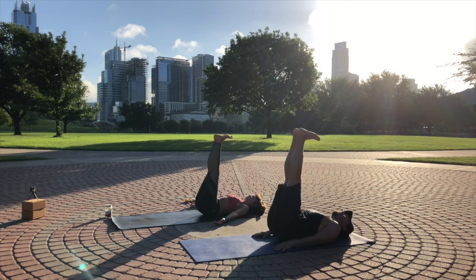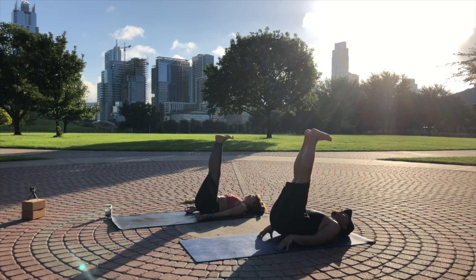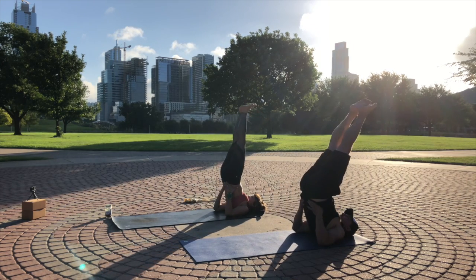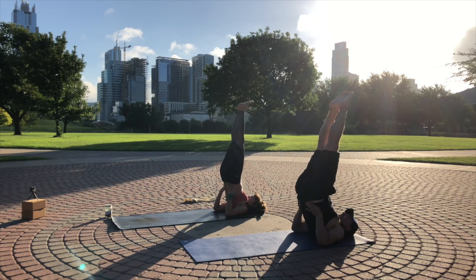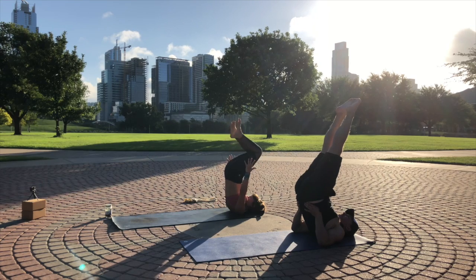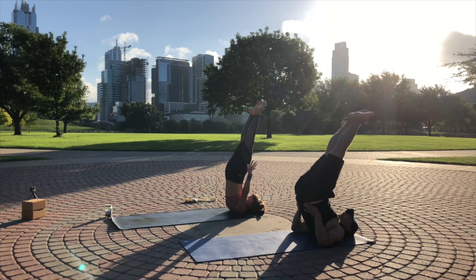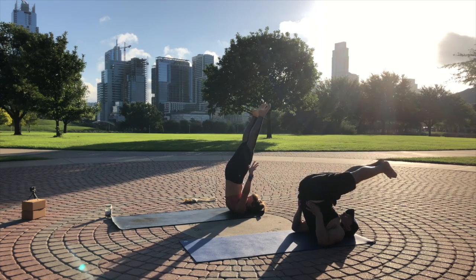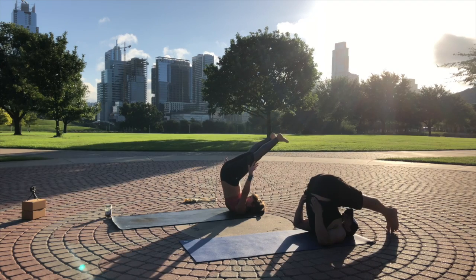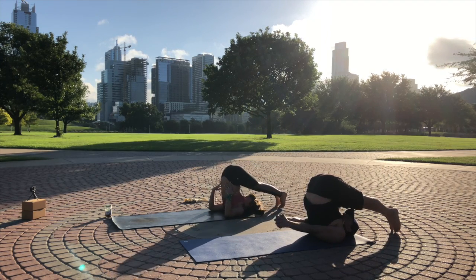Press through the heels. Stay here. Or press up into shoulder stand by reaching for the base of the hips, extending the legs upward, toes pointed up. Keep the core engaged. Stay here or move into plow pose, halasana, by sending the toes over the brow, keeping the navel drawn in,